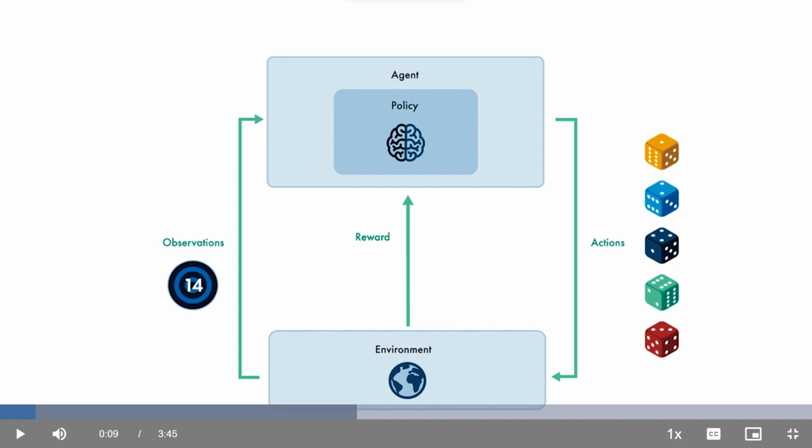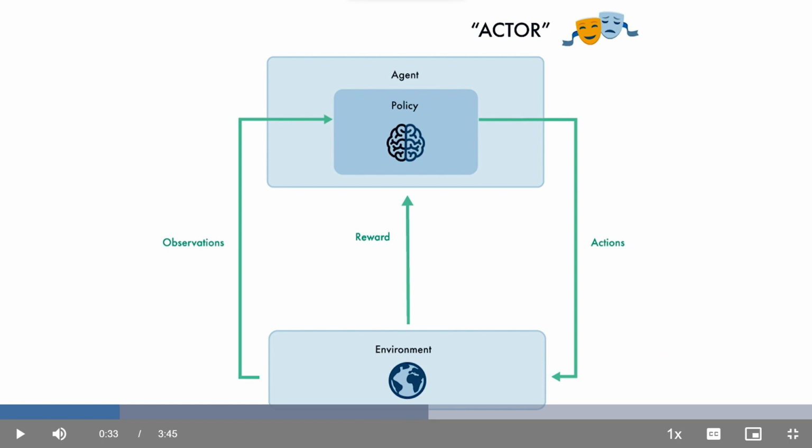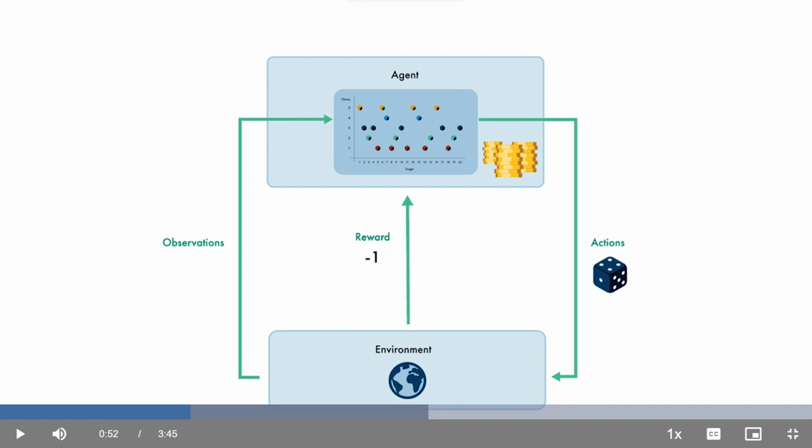An agent turns observations into actions. How do you represent that in this dice game? The observation is the current target, the action is the choice of die to roll. So theoretically, the agent's policy is just a function from target values to choices. In reinforcement learning, an agent that maps observations directly into actions like this is called, reasonably enough, an actor. This seems like the obvious way to represent an agent, but surprisingly, it turns out that a different representation can